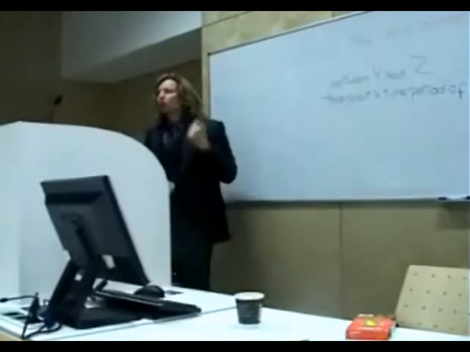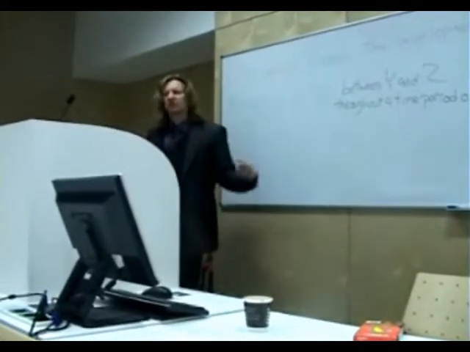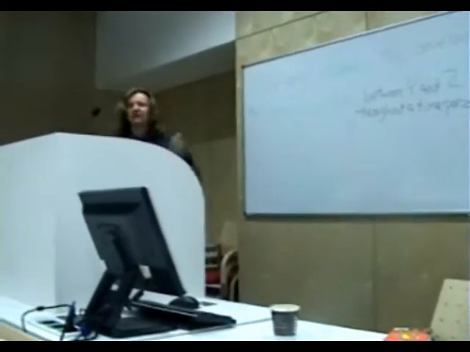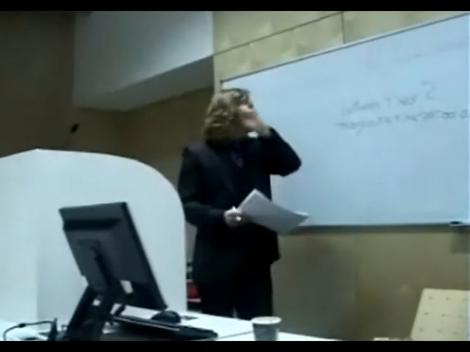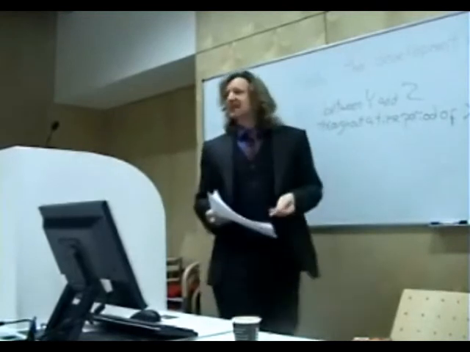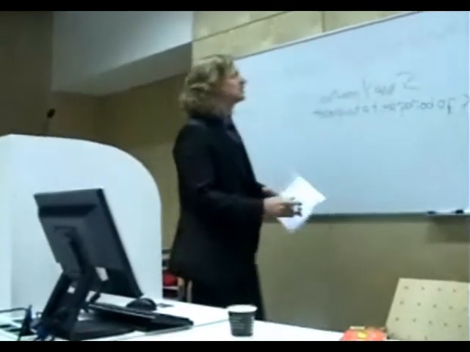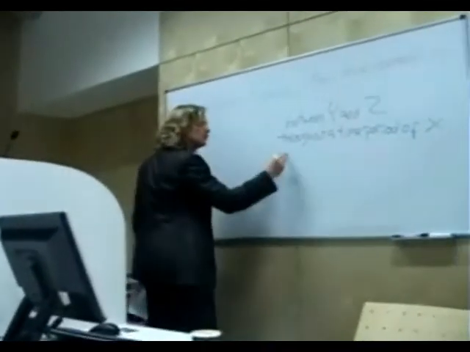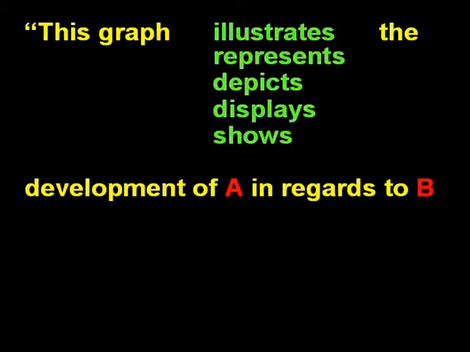These two obviously only work if we have a chronological graph, if the line graph is based on time events. But sometimes you'll have line graphs that are not based on a time development, rather on something else. And there you use in regards to